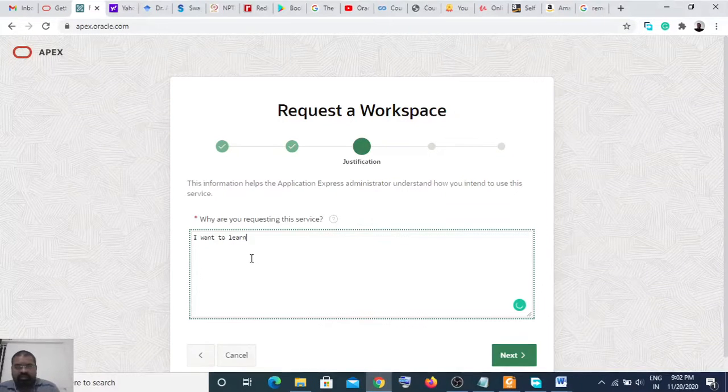It's not necessary to add this, but I always try to give a reason: Oracle Apex for application development and PLSQL practice.